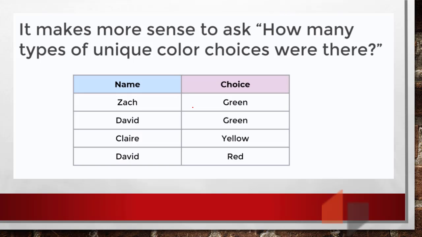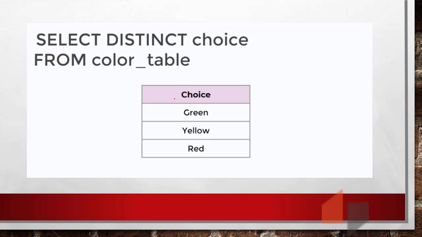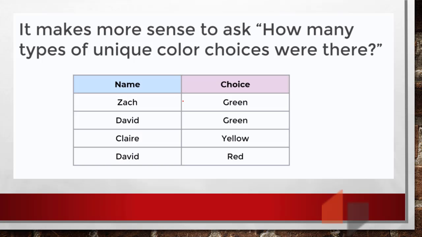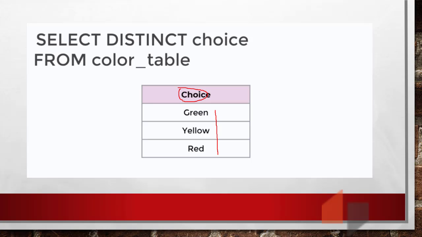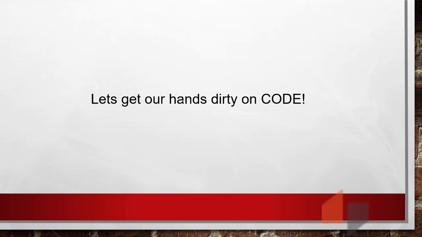So for us to answer this question, we need to use the select distinct keyword. And this is the format. It says select distinct, then the column name, which is choice here. This is the column choice from the color table, that is the table name. Once we do this, we are going to get only 3 results: green, yellow, red. But remember that we had 2 green before. Since we only need the unique values, SQL gives us only 1 green, yellow, and